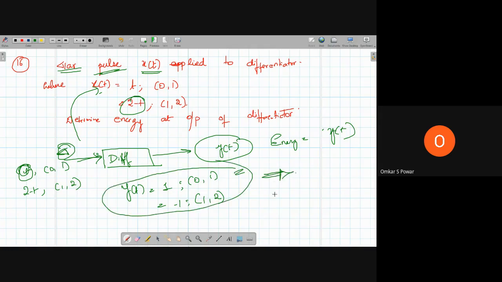Okay. So this is how they'll ask some variations. So you have to be able to solve this one. Okay. So they may ask the output of this to be given to an integrator. So you should be able to solve some small tricky problems, but it's easy for you to solve.